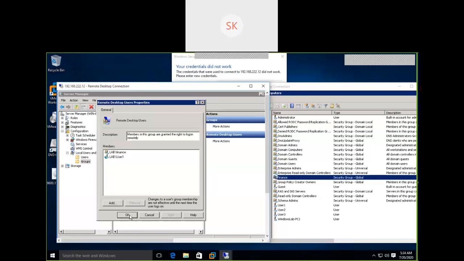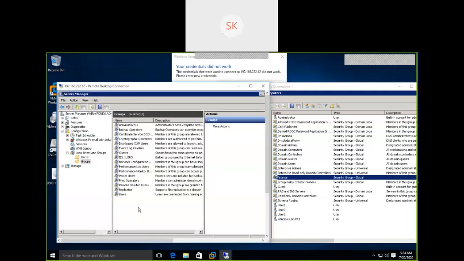What I did, user 2, user 3, click on OK. User 2 and user 3 are part of remote desktop users. If I want to make those users admins, what I need to do is create a group, or the same group can be a member of the administrators group. Now I created a finance group on this domain controller.